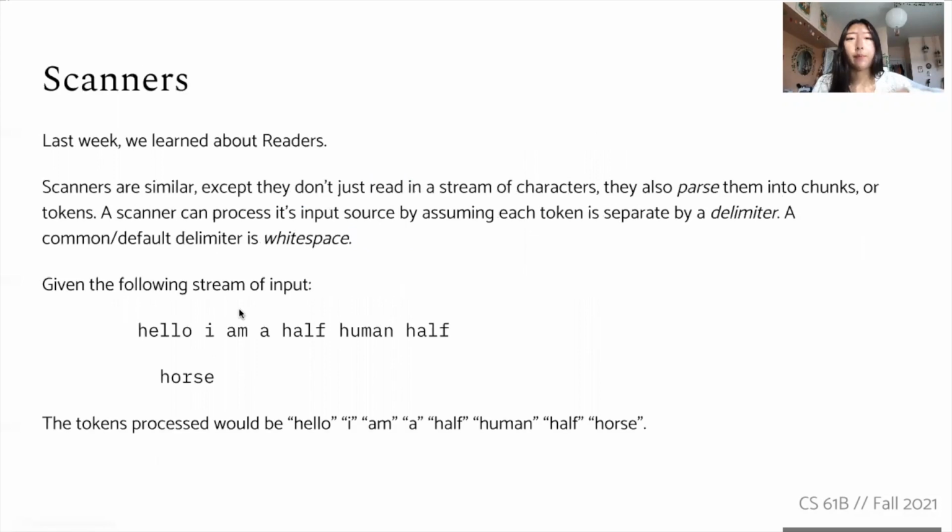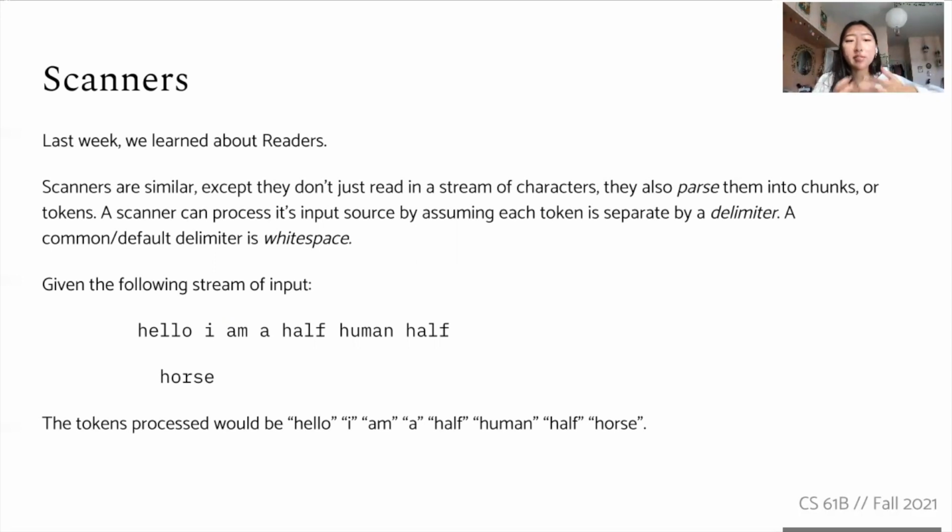That's an overview, and now we'll dig into what I'm talking about. Last week we learned about readers, if you remember the translate reader or TR reader, and scanners are pretty similar, except they don't just read in a stream of characters. They also parse those characters into chunks or tokens. Just to recap, the readers we learned about last week would take in any stream of characters and go one letter at a time and give you the letters and not really do anything with them. The scanner, in a way, is a little smarter because it's taking those characters and